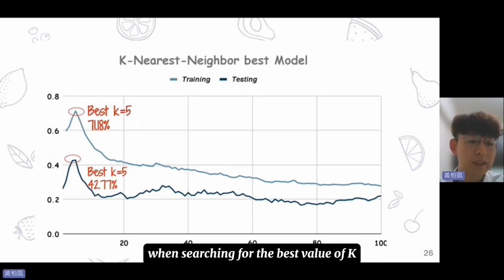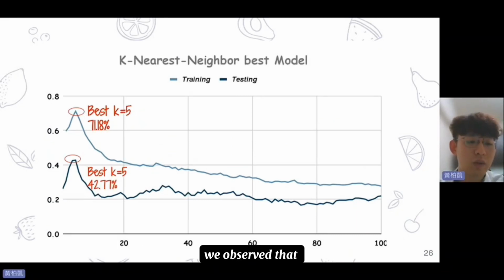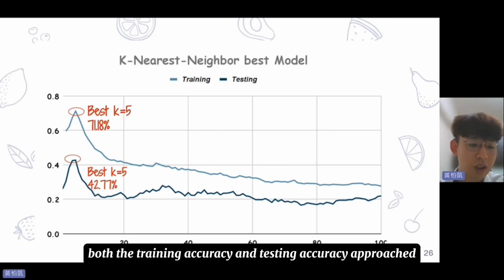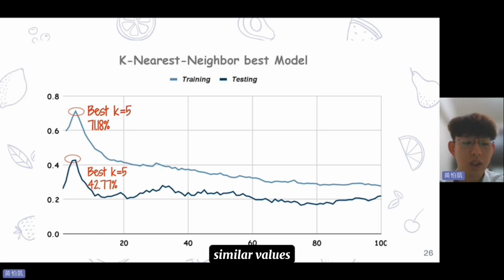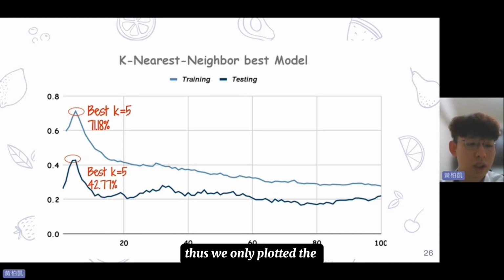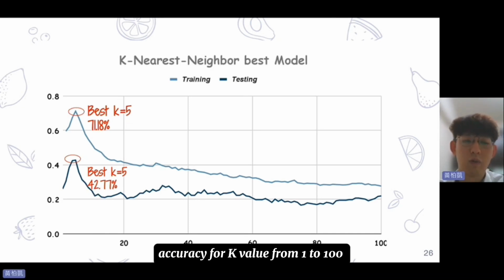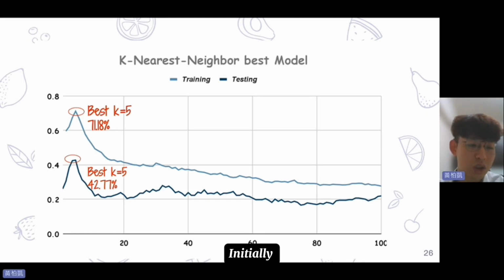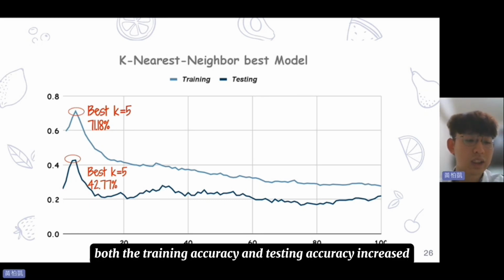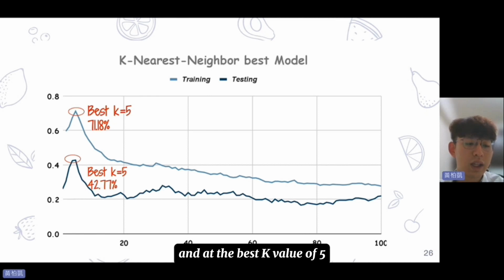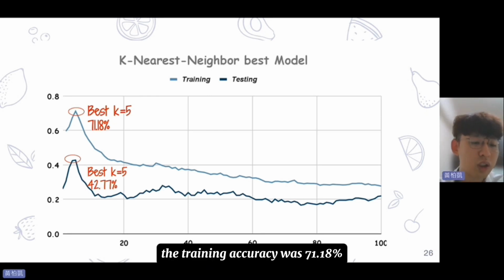When searching for the best value of k, we observe that once k is set to 100, both the training accuracy and testing accuracy approach similar values. Thus, we only plotted the accuracy for k values from 1 to 100. Initially, both the training accuracy and testing accuracy increased, and at the best k value of 5, the training accuracy